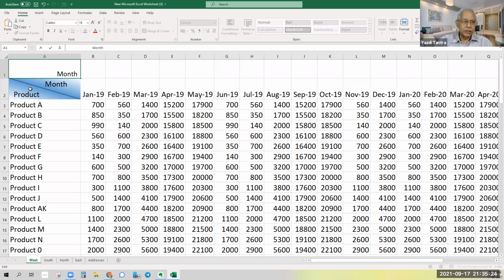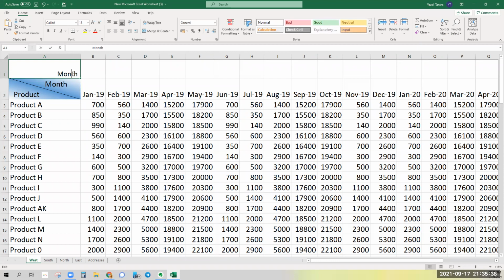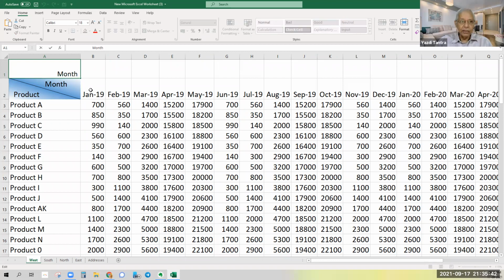Now I want product on the next line. Okay. So how do I go to the next line when I'm here? If I press enter, I'll go out of the cell. What happens is I go to the next cell, correct? So Alt enter. You just say Alt enter. Perfect. And then I type product, but the product I want it on the left. So I leave it here. So month has come on the right, product has come on the left.